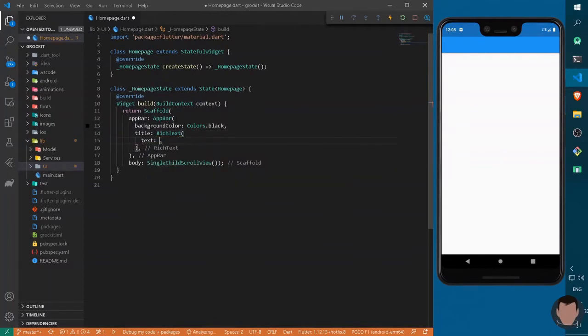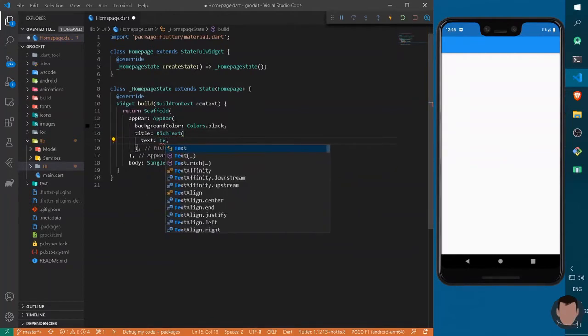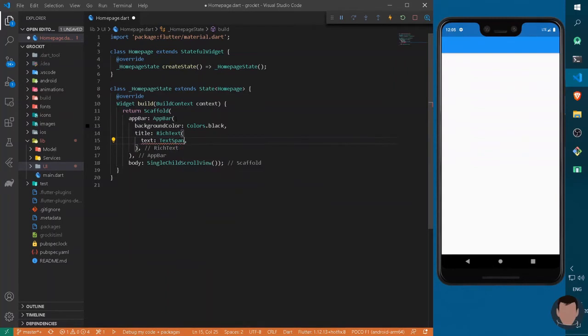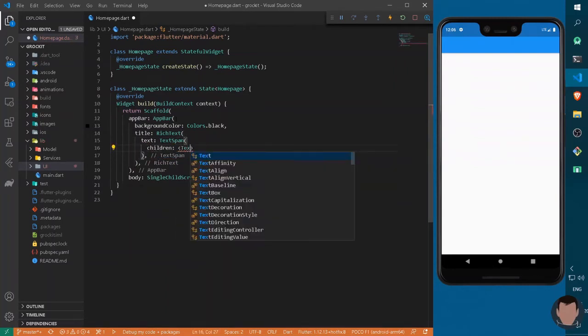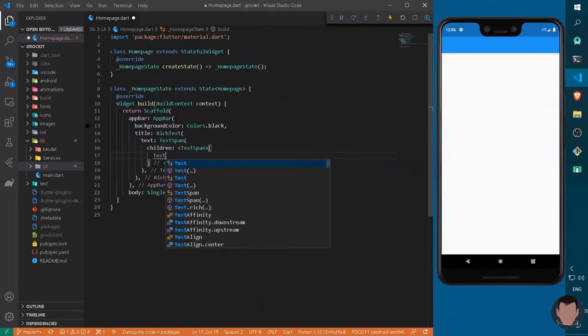It will take a text span, and now this text span will have children of the type text span itself, and we can write here a text span.